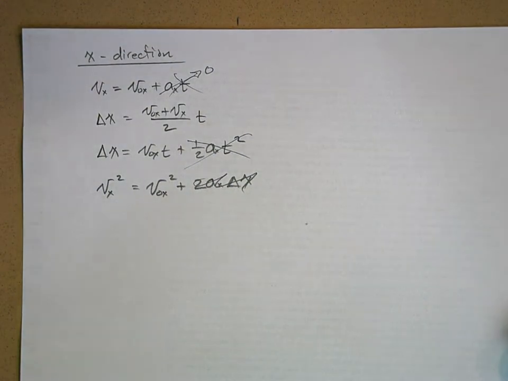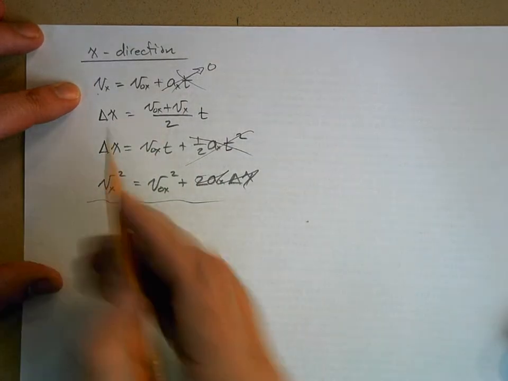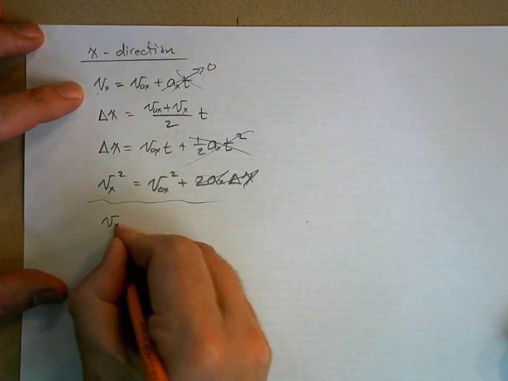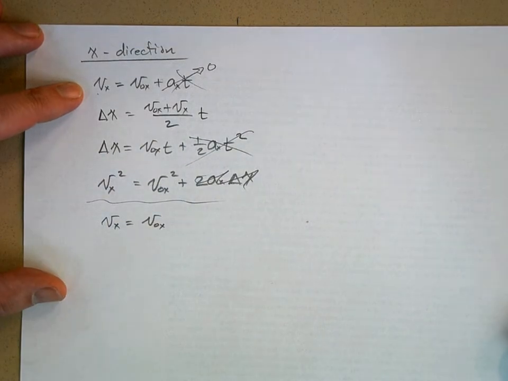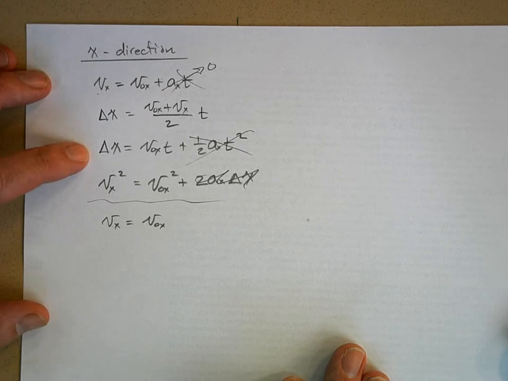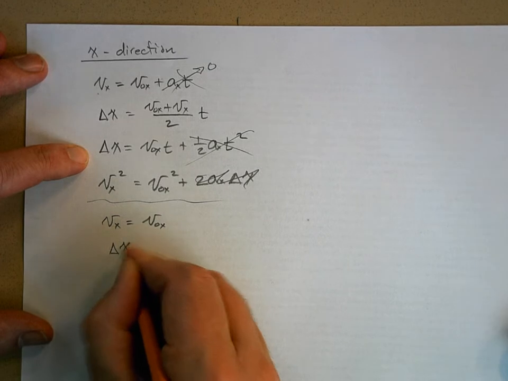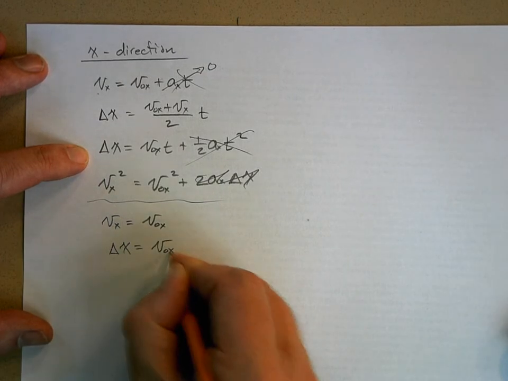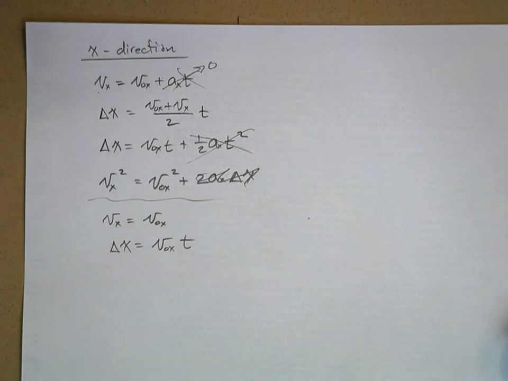Well, let's take a look at what happens here. The first kinematic equation just says, hey, my final velocity is equal to my initial velocity in the x direction. Because what's true about the velocity in the x direction? It is constant, yes. Well, let's do this one. Let's do the third kinematic equation. It says delta x equals v naught x times t. Now this implies that the acceleration in the x direction,